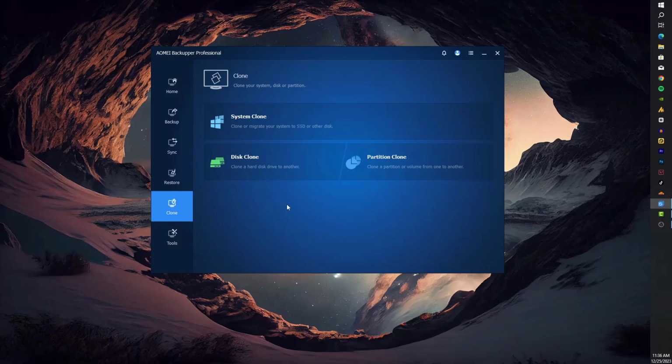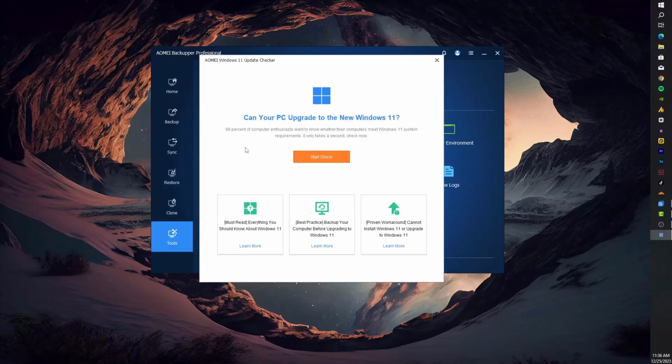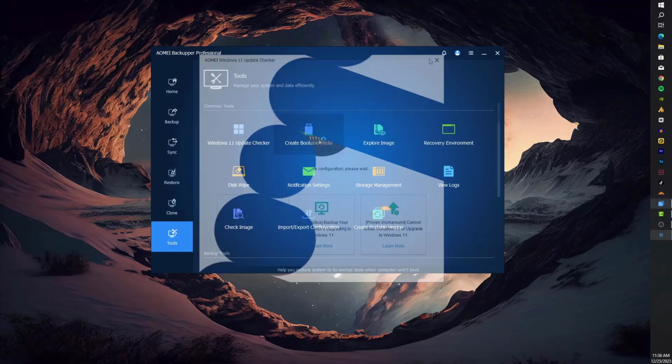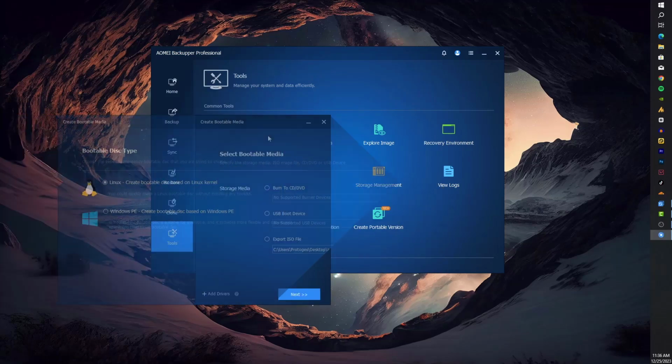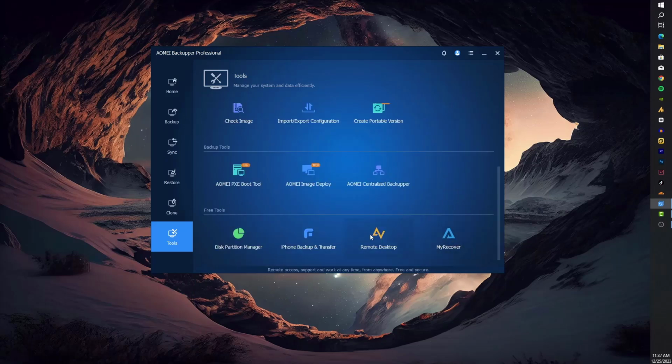Some additional options. This tools board serves several advanced features including disk cloning, system migration from SSD to HDD without data loss, and more. In the tools section, explore extra features like upgrading from Windows 10 to Windows 11, creating a bootable USB pen drive, and much more. Explore the vast capabilities of this tool and you will find it to be an invaluable asset for your PC